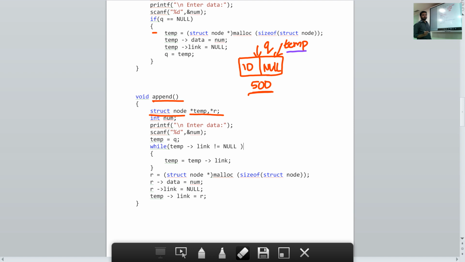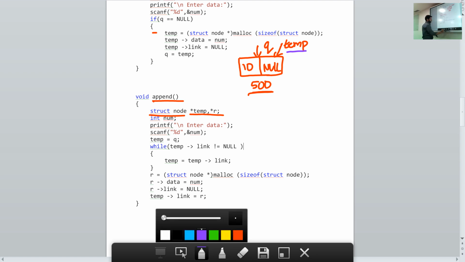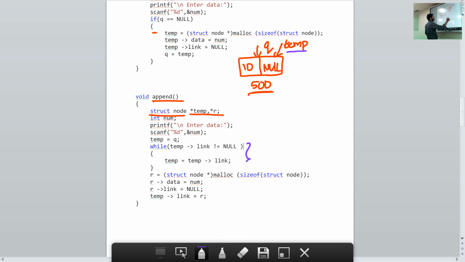So this code here will check whether temp is present at the last node.